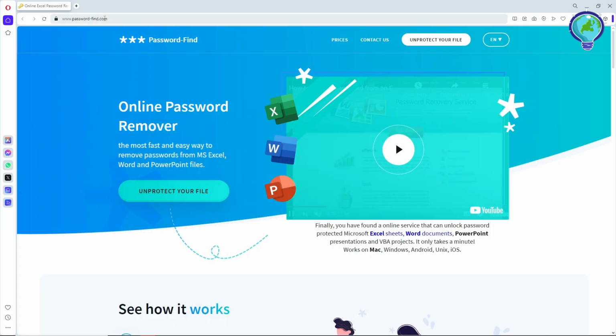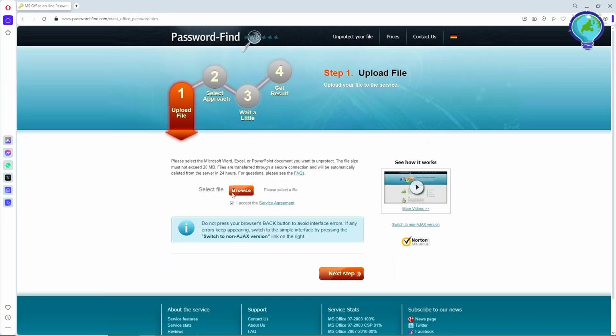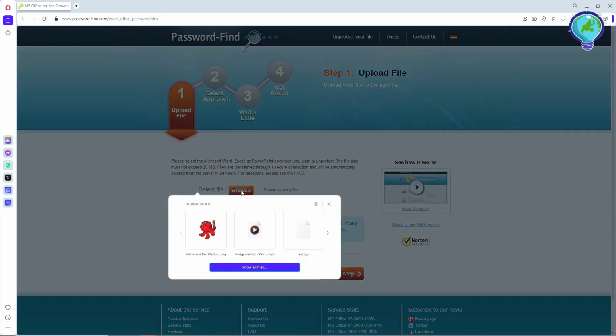So guys, first thing that you will do is simply go to this website, password-find.com, and from here this will be their homepage, guys, and just simply click on unprotect your file over here at the top right. So click on that, and from here just simply click on browse over here, and now